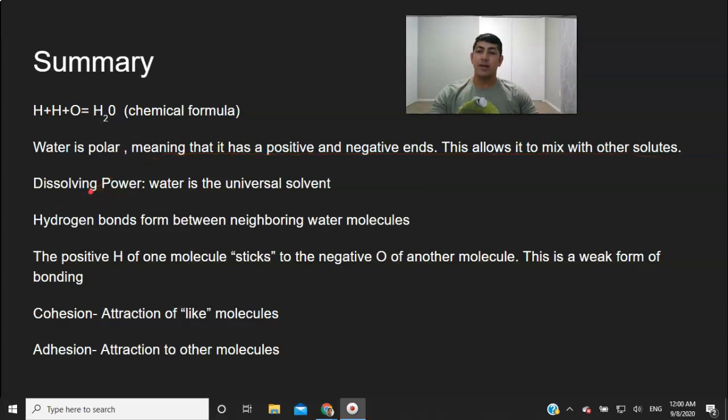Water has a very high dissolving power, and it's known as a universal solvent. Hydrogen bonds form between neighboring water molecules. The positive H of one molecule sticks to the negative O of another molecule, and this forms a weak form of bonding. We learned that cohesion is the attraction of like molecules, or other water molecules, and adhesion is the